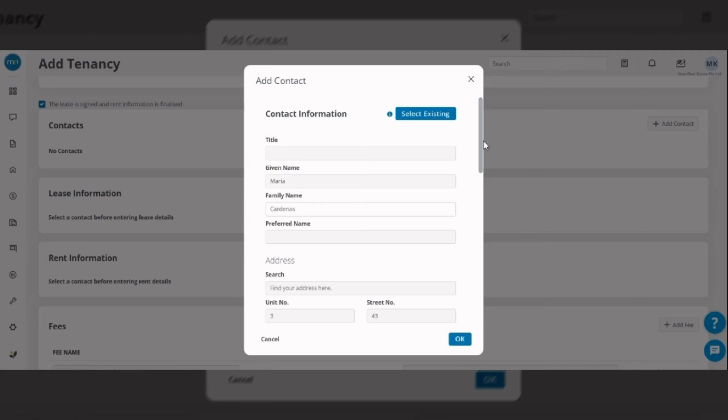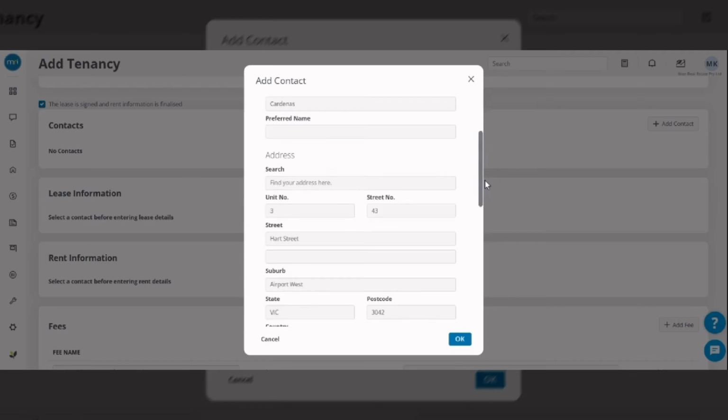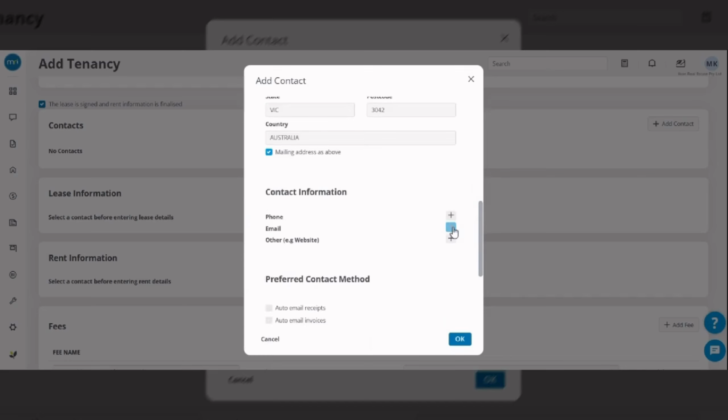The address is auto filled. Now you need to add the phone number and the email address that you already have from your agreement. I have entered the phone number and now the email address.